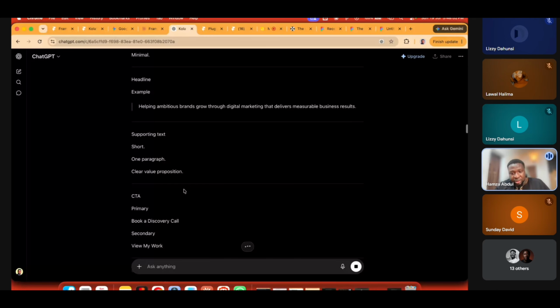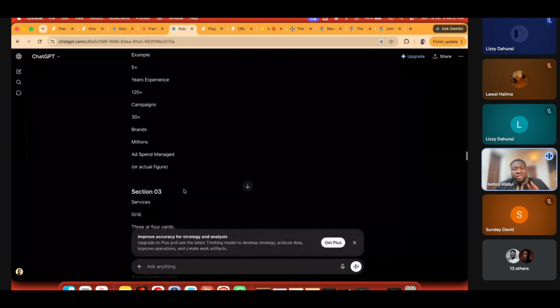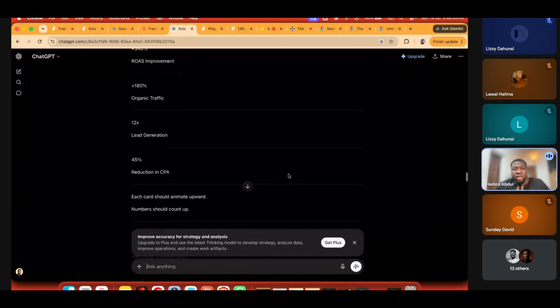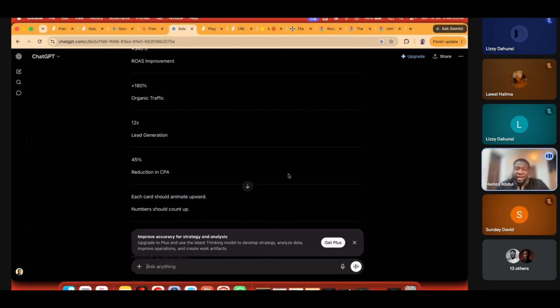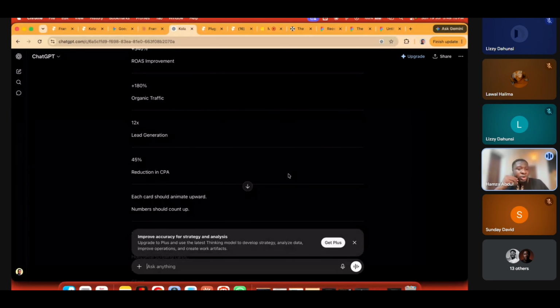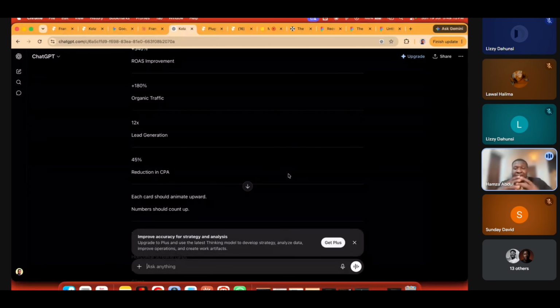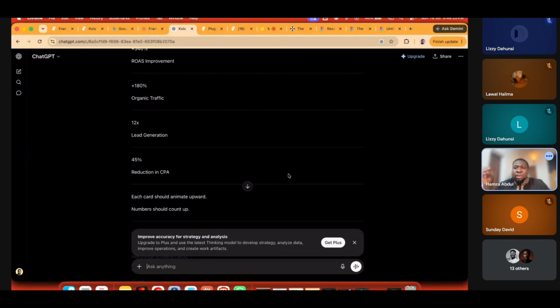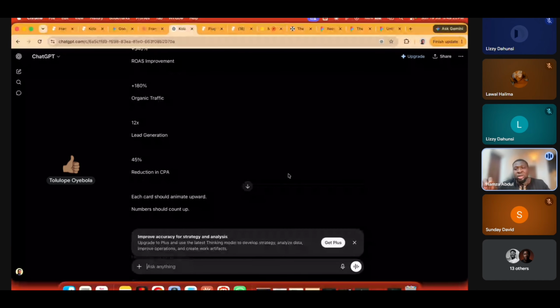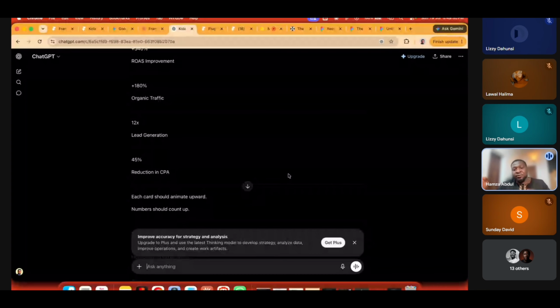So this is not where we'll stop, right? So now we are going to tell it that it should change this. You know, when I was talking about this earlier, I was saying that you can feed AI with a Markdown file, you can put a PDF, you can use a Word document. Now, because you're using AI, you don't want to exhaust your credits. So if you want to put like a large information and send it to AI, always use a Markdown file. A Markdown file is like a watered down version of a Word document, which doesn't have fluff. So now let's tell ChatGPT to give us a Markdown file that we can download.